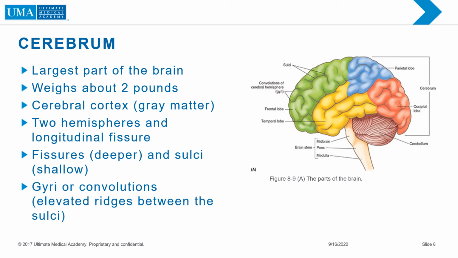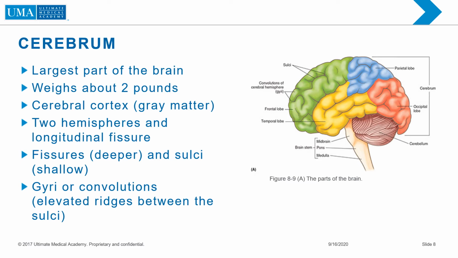First, we're going to talk about the cerebrum. The cerebrum is the largest part of the brain and weighs about 2 pounds. It occupies the whole upper part of the skull. Covering the upper and lower surface of the cerebrum is a layer of gray matter called the cerebral cortex. The cerebrum is divided into 2 hemispheres, the right and the left, by a deep groove known as the longitudinal